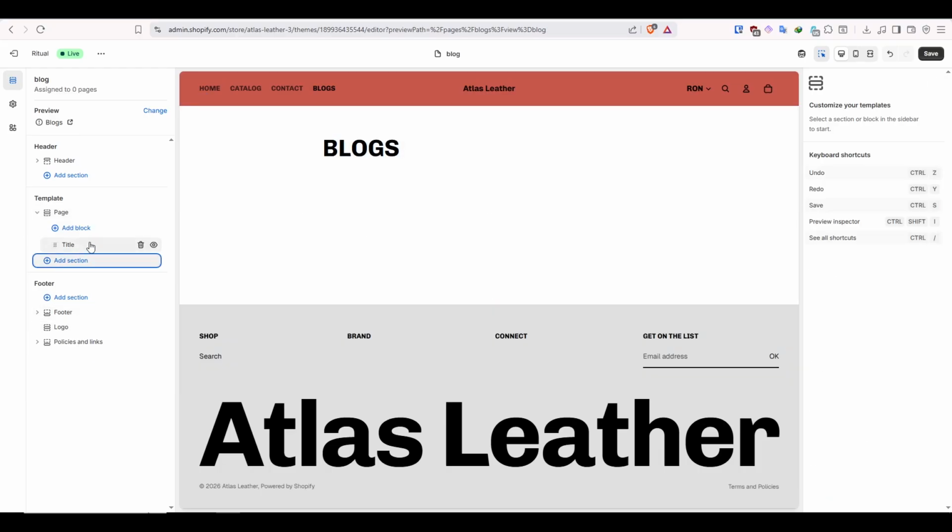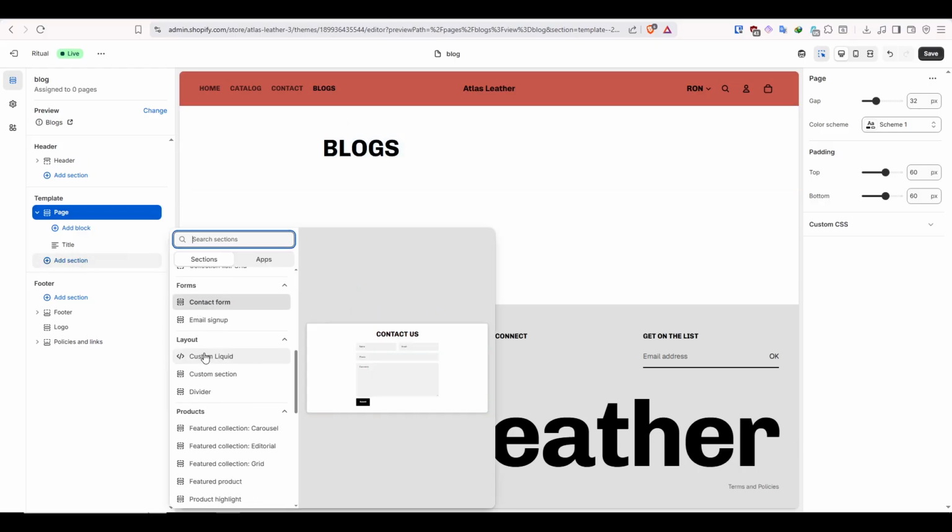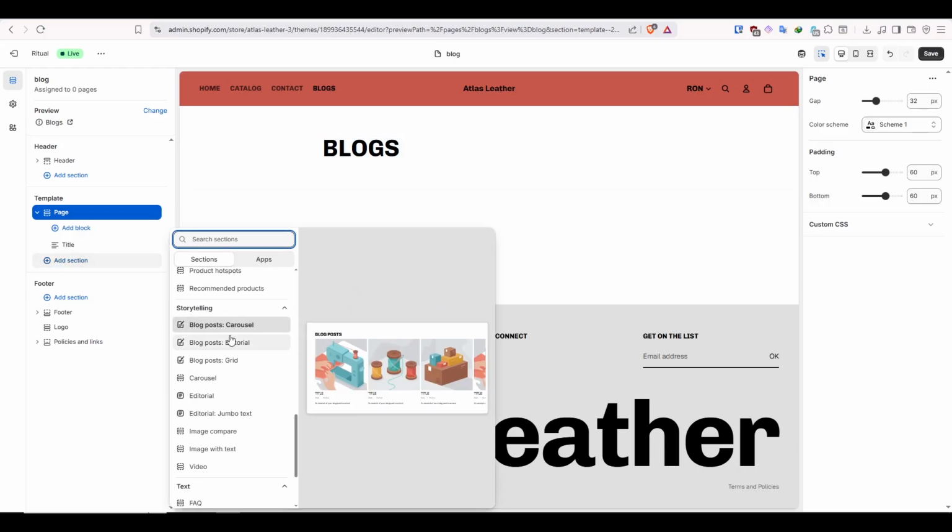So next you can go ahead and remove a few things, like we have the page over here, right? Then we have the title. This is the blog title over here. You can remove it if you want. It totally depends on you. But we'll leave it as it is. Then we'll click on add section. And then here, scroll down, we have storytelling. Here we'll have some